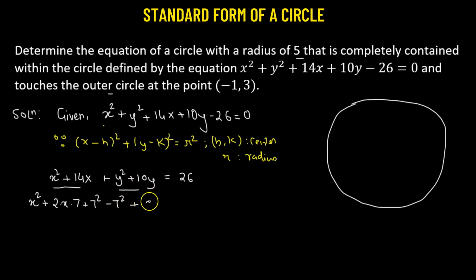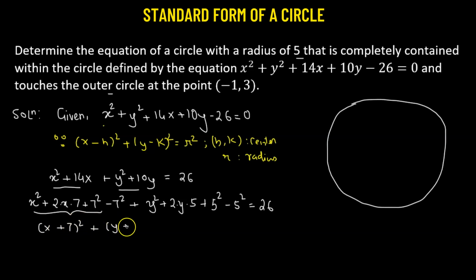Now coming to y squared plus 10y, we are going to write 10y as a multiple of 2. So we have 2 times y times 5. And the number 5 tells us that we have to add 5 squared, and then we also have to subtract 5 squared from it. So this will be equal to 26. Now immediately this can be expressed as a perfect square. So we have (x plus 7) whole squared plus (y plus 5) whole squared, which will be equal to, so we'll transpose -7 squared and -5 squared to the right hand side and combine them with 26